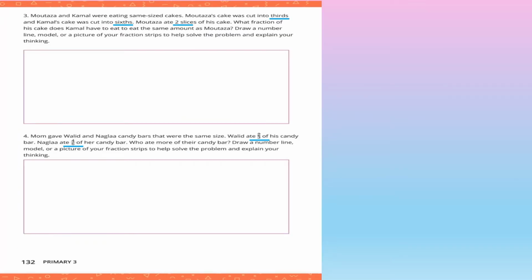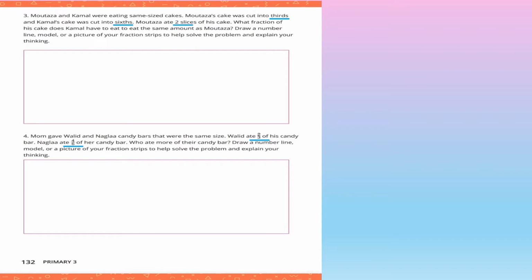Number 3. Mu'taz and Kamal were eating same size cakes. Mu'taz's cake was cut into thirds and Kamal's cake was cut into sixths. Mu'taz ate 2 slices of his cake. What fraction of his cake does Kamal have to eat to eat the same amount as Mu'taz? So Mu'taz ate